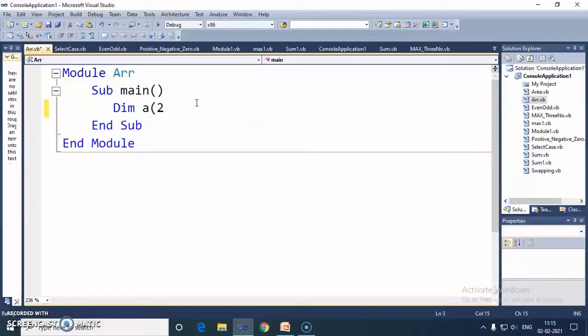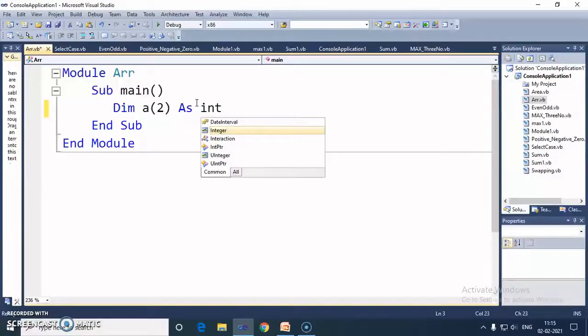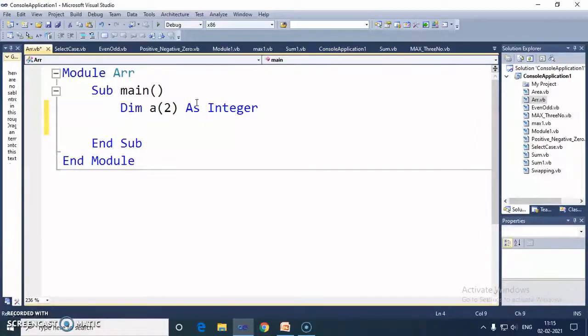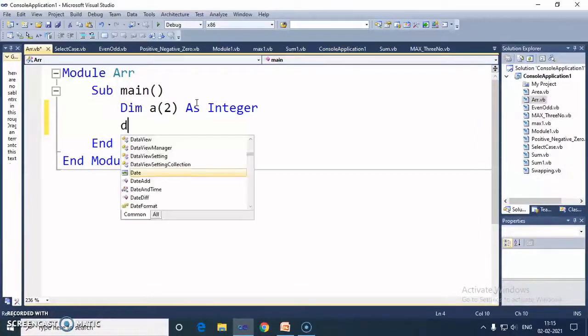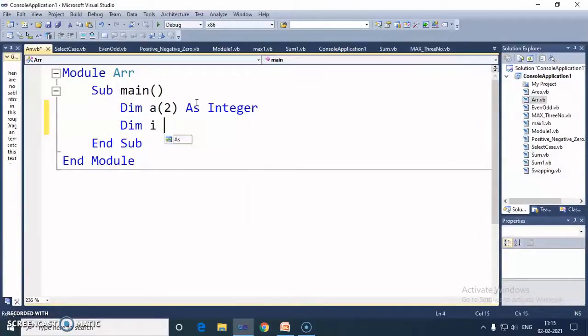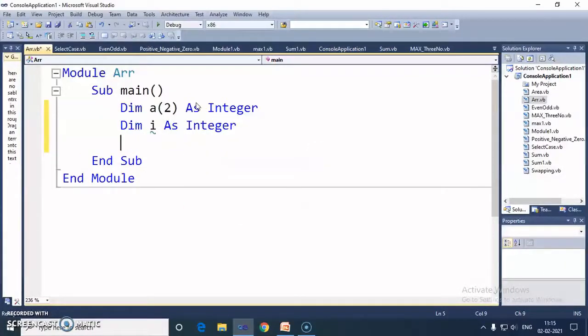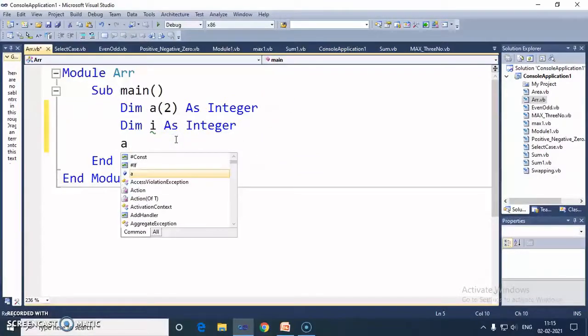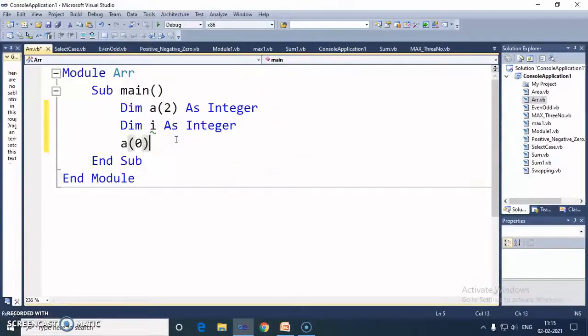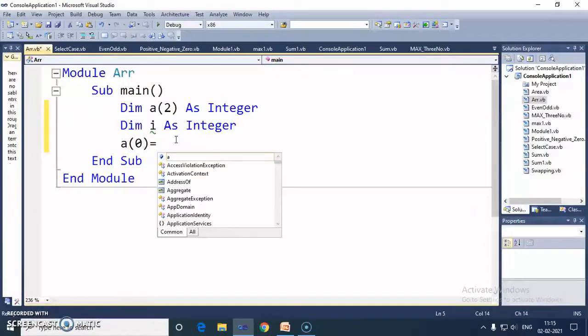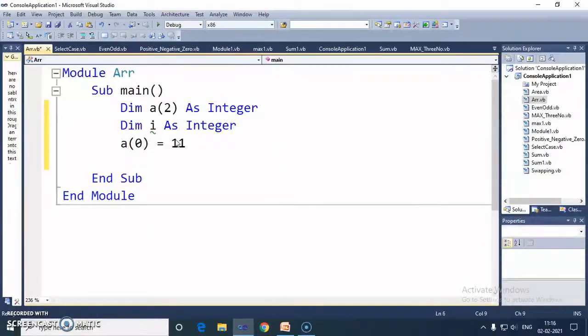Suppose here I write 2 as Integer. Then declare one variable I as Integer. Then I assign the values to the array A. So A(0) equals 11, then A(1) equals 12.